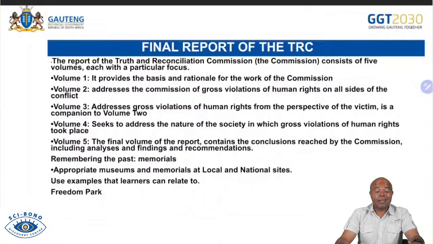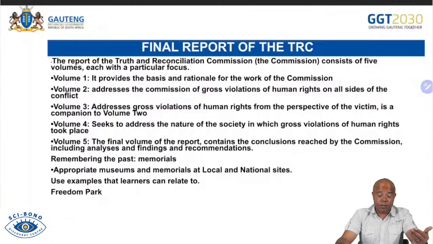Volume 3 addresses gross violations of human rights from the perspective of the victim. That is a companion to volume 2 as such. Volume 4 seeks to address the nature of the society in which gross violations of human rights took place. Volume 5, the final volume of the report, contains the conclusions reached by the Commission, including analysis and findings and